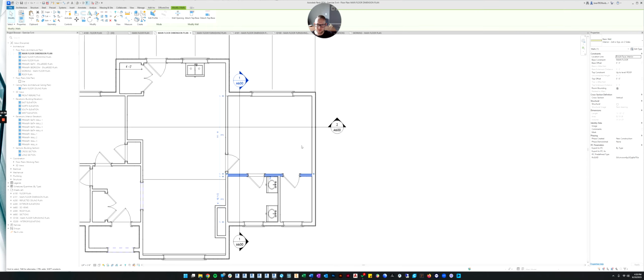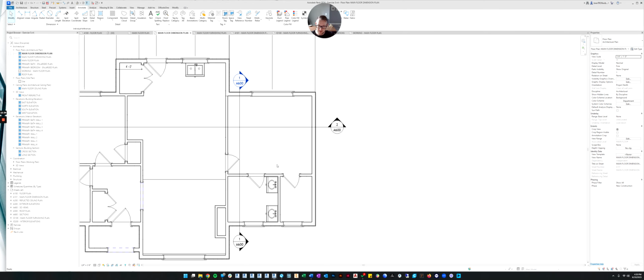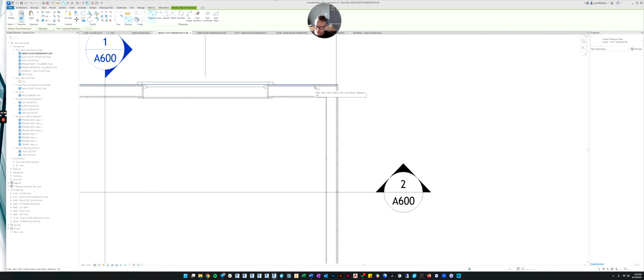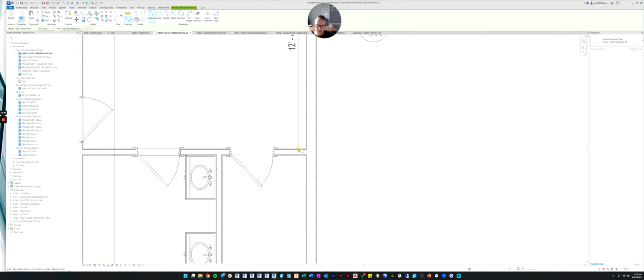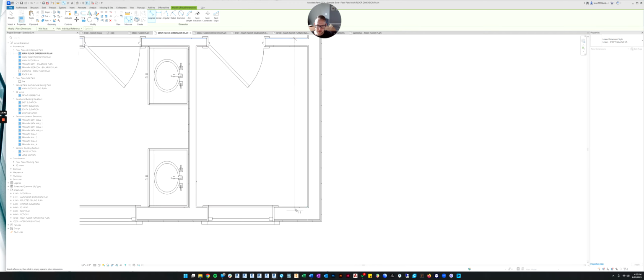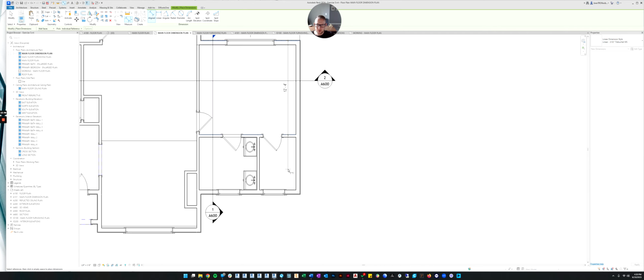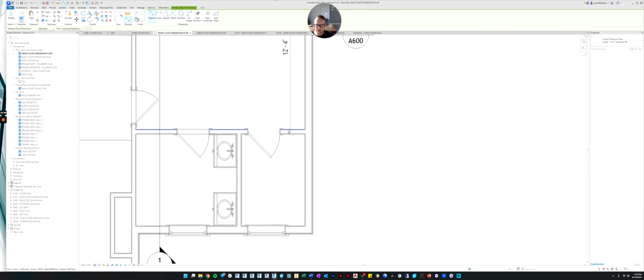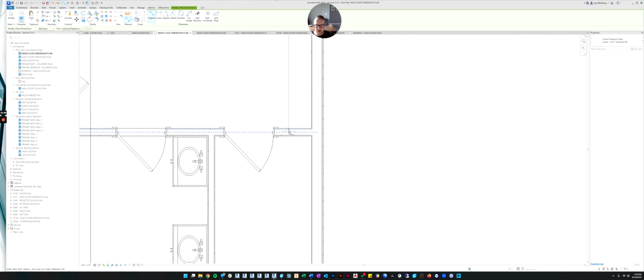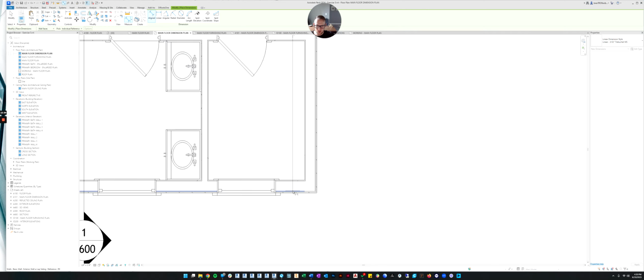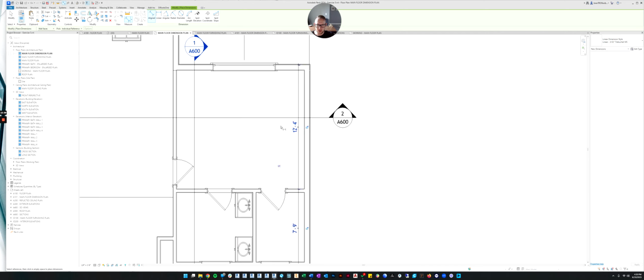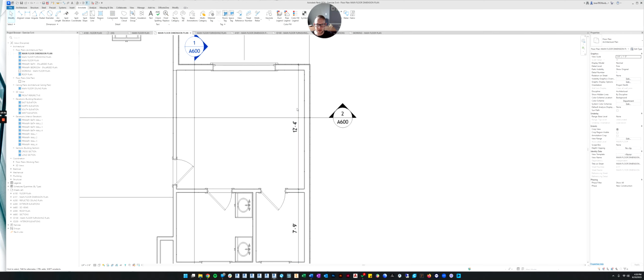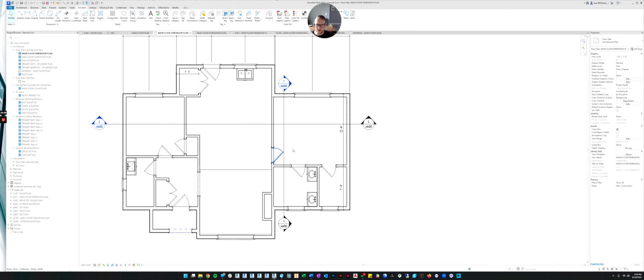But this wall doesn't have a dimension, so let's do that again. Let's go to the exterior face of the wall, and then let's go to that face. And then down here, typically if you were dimensioning a lot of walls on the interior, you would always pick the top side since that's what you already chose. But because it's an exterior wall, we're going to go to the outside face. And then we'll try to place those dimensions somewhere where they're not going to get in the way. So that looks good.